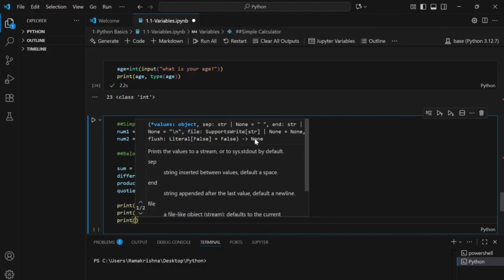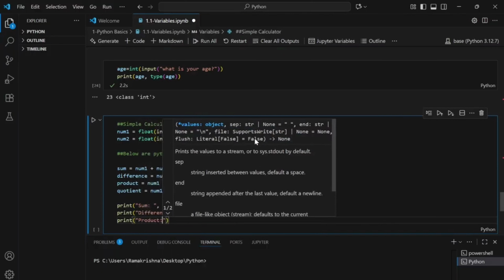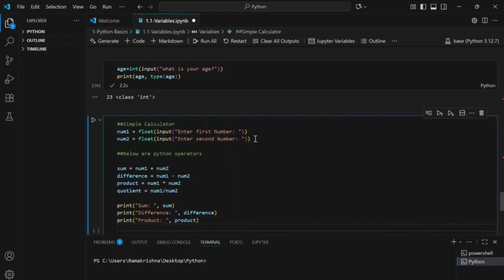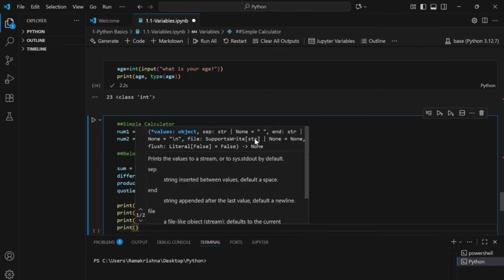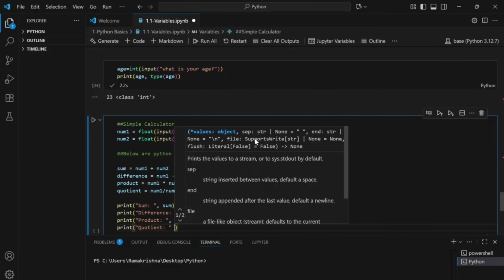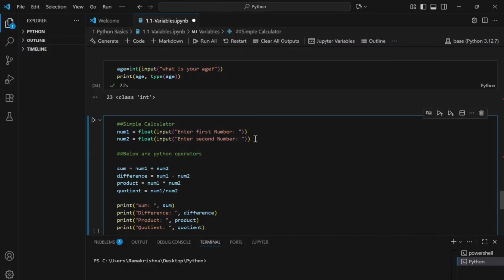Then I'll be printing the product. Let me print out the last variable now. Okay, so this was our simple calculator.